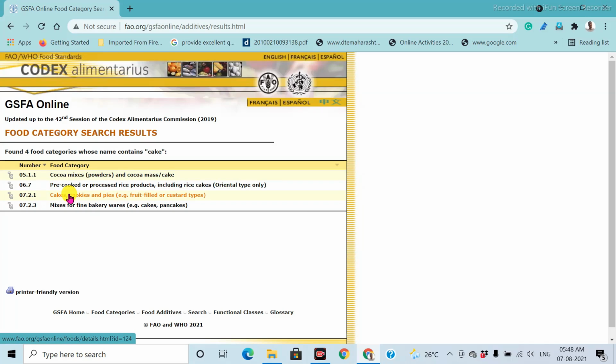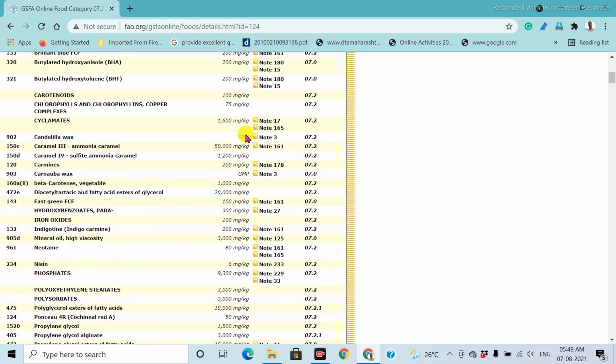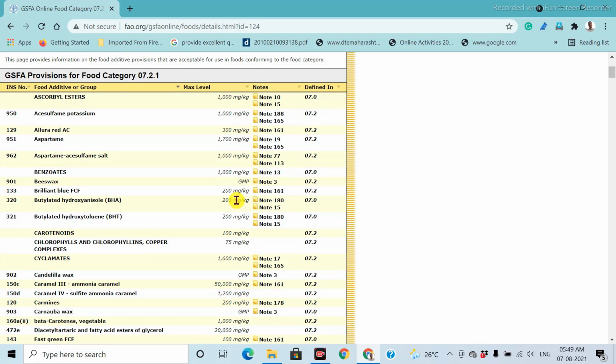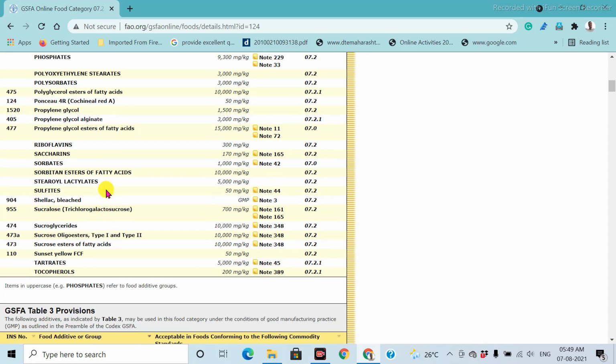These are the categories in which cakes and cookies fall. After clicking, you will get the additives permitted for this specific food product, the names of all additives and their maximum permitted levels, and also the specific note related to that additive. In this way you can find all additives for a specific food product.